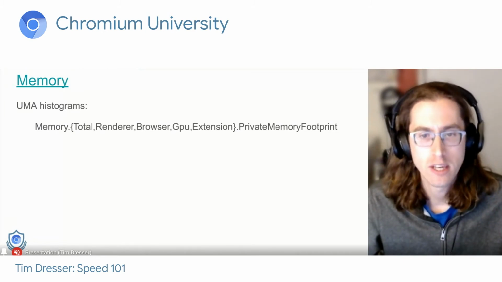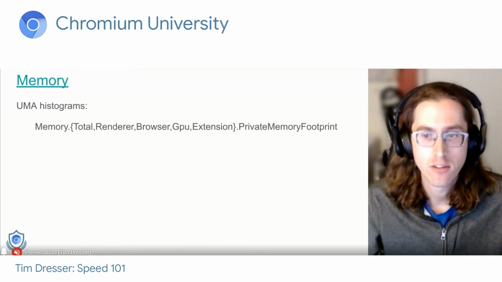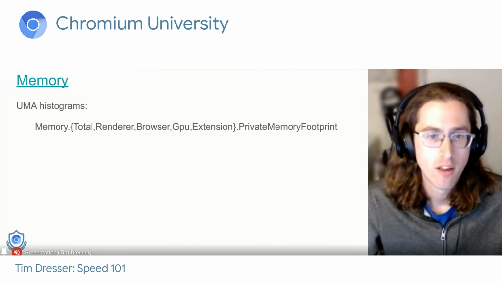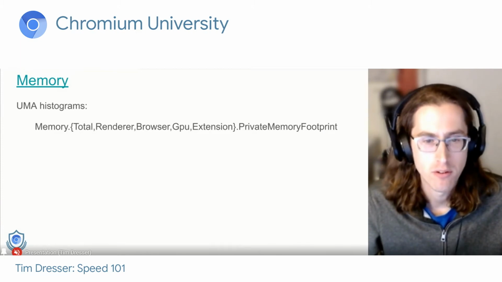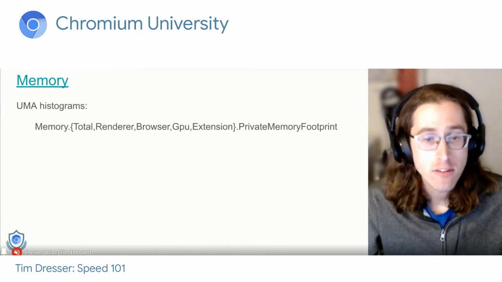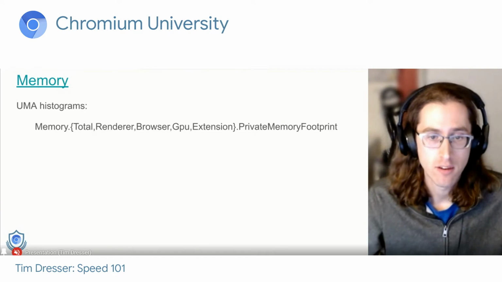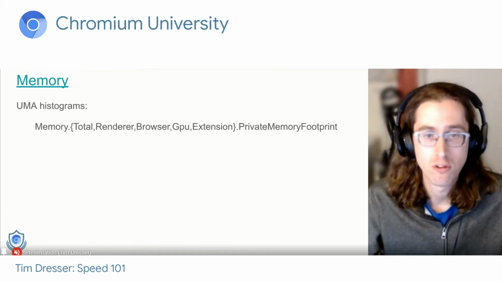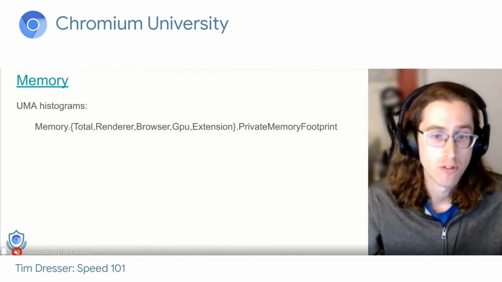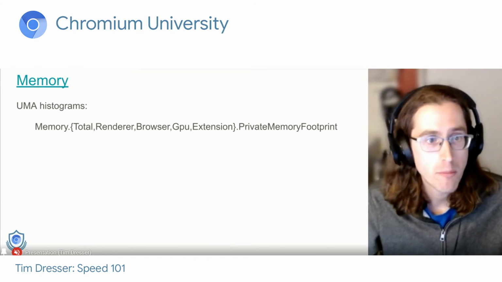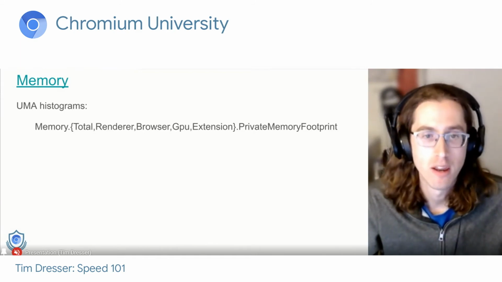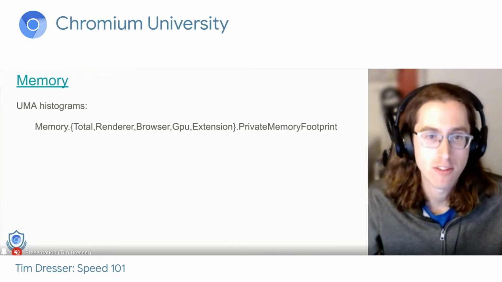We also see increased memory consumption as devices ship with more and more RAM, which isn't actually a bad thing at all. This is an example of a metric that doesn't correlate directly with user experience, being difficult to reason about. Memory is used as a leading metric for latency. In many cases, as memory consumption goes up, our latency gets worse and worse. And it also correlates strongly with out-of-memory crashes. So memory is an important thing, but we need to keep some caveats in mind when we look at the metrics.